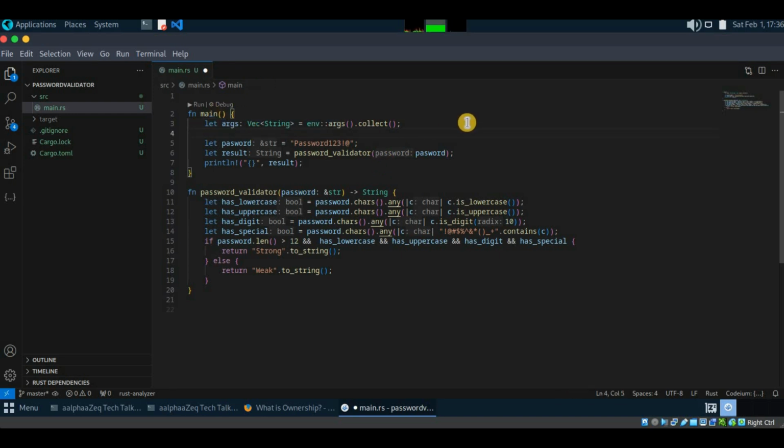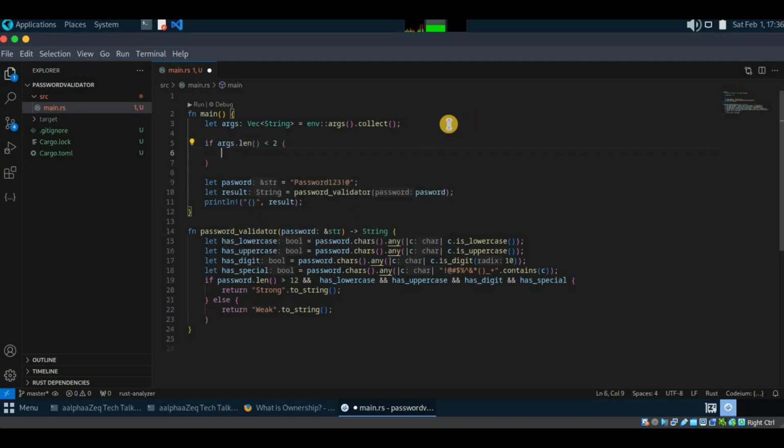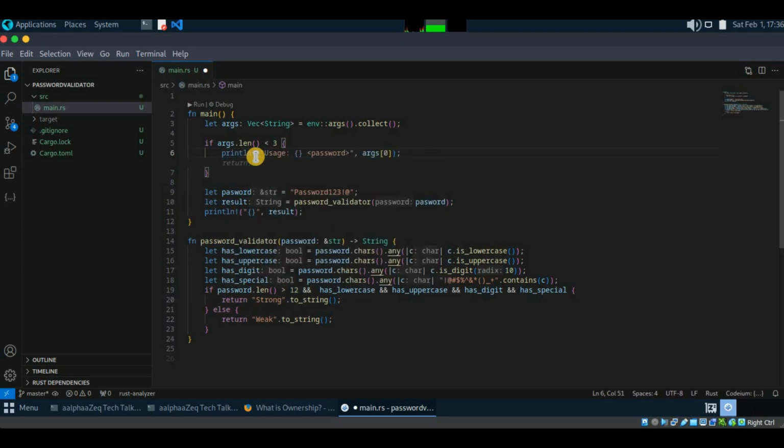So now we have the collection of our arguments, and we should have no less than 2. Actually it should be less than, if it's going to be less than 3, because the first argument, that means the 0th argument, is always going to be the application name itself. So it should be less than 3. If it's going to be less than 3, then you have to say println usage, password,